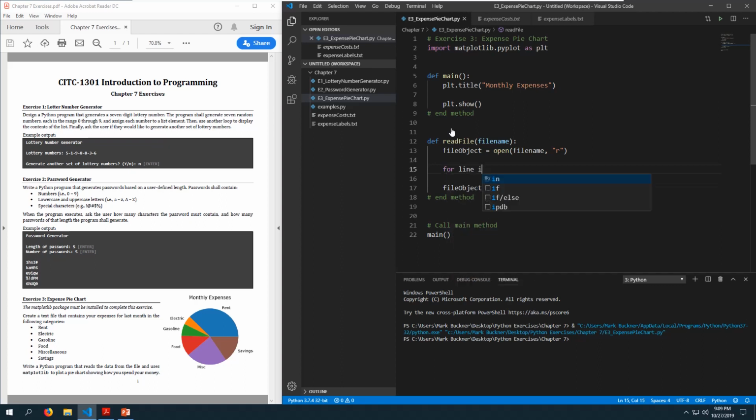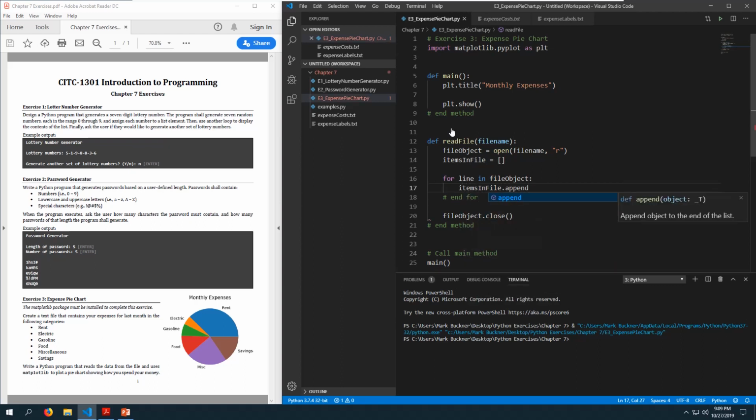For each line in file object, let's create a list object. I'm just going to call it... what should I call it? Items in file, because I want to make sure that no one's confused. Items in file. Let's do items in file dot append, and we will